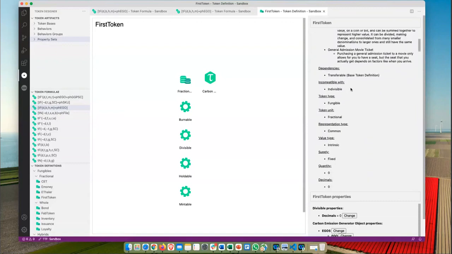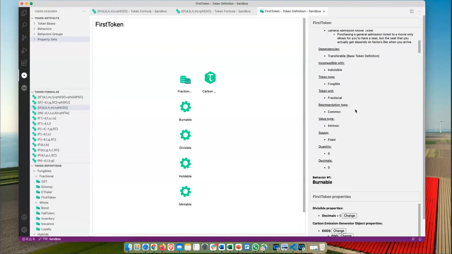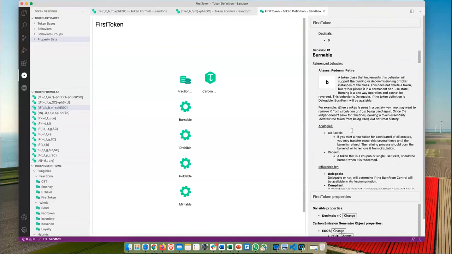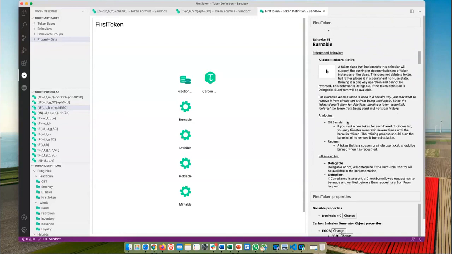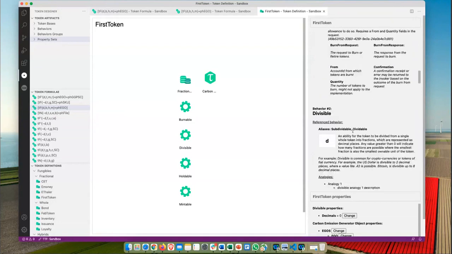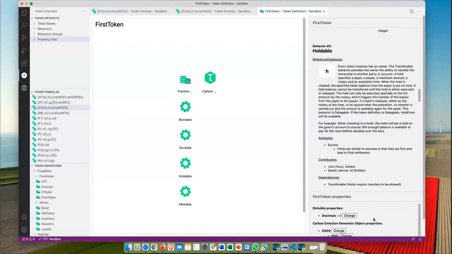It is incompatible with indivisible, so you cannot make it indivisible. The token type, the unit, so all the specifications are here, and also for each behavior, it's described how the different behaviors impact your token definition. And last but not least, you can have here some properties that you can set for your specific token.